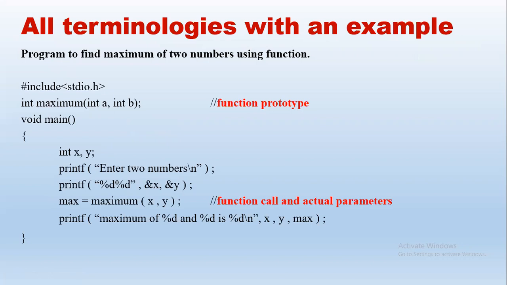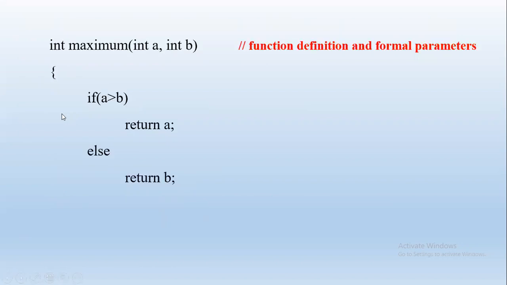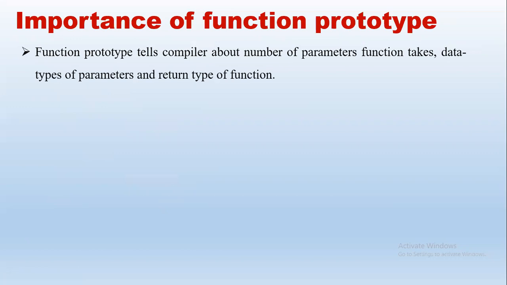Why is this function prototype necessary? That is what we have here. The importance of this is that it tells a lot of information to the compiler. The compiler has to check if there is some error, so it needs a lot of information regarding what function we have used. If it was a predefined function, it already knows a lot of details, as it is there in the header file. But user defined functions are defined by us, so it does not know anything about them.